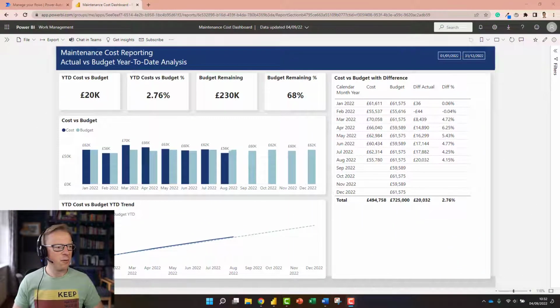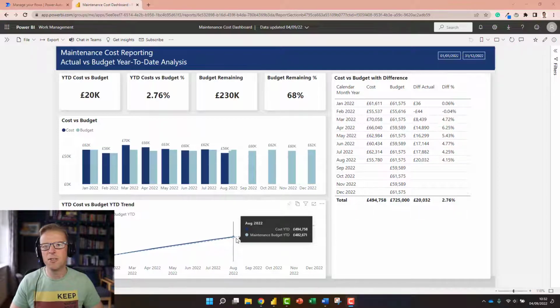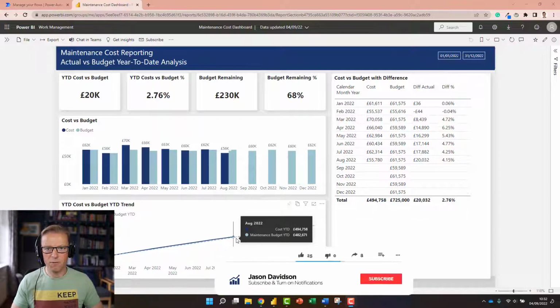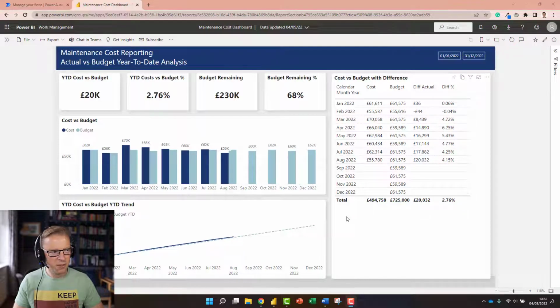Okay, so this is the report we're going to use, and this is a value here. This is telling us that we're 2.76% above the budget for this point in the year. So for August, up to August, and we can see here it's represented as a cumulative cost and a cumulative budget here. We're 2.6% ahead of the budget, so we've overspent. And if this value is above 0, then we're going to send out an email that contains this information here in this table. Okay, which is pretty much the same as this. I would probably never put these two in the same dashboard, but just for the sake of demonstration purposes, it's in here just now. So let's go into Power Automate, and we'll start going through the steps to create this